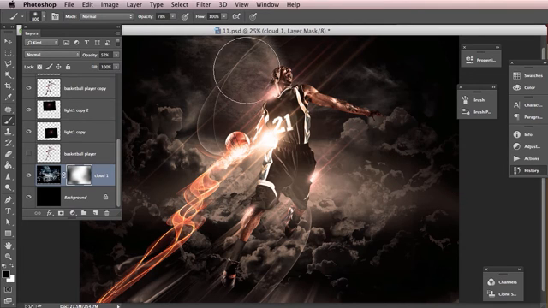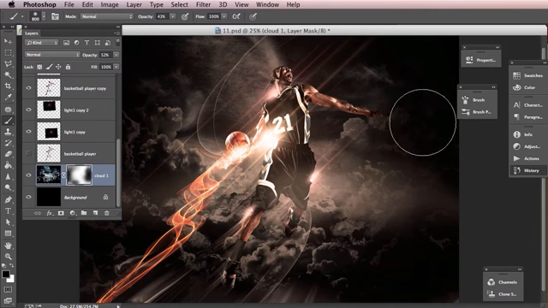Make sure I've got black selected. Let's bring it down to about 30 there, and let's just take away some more of the image that we don't need on both sides, just to round off the composition there and bring out some of the foreground. Okay,